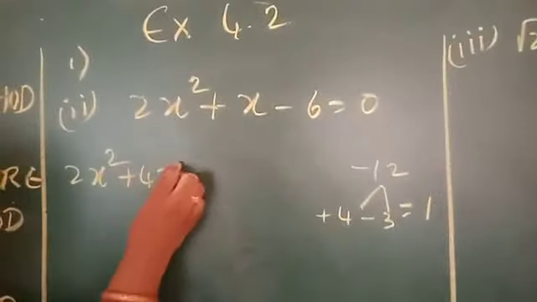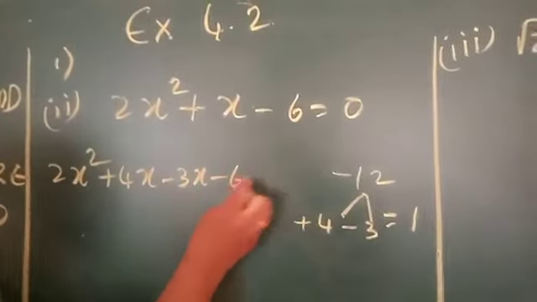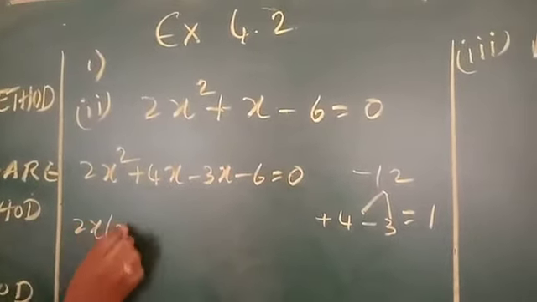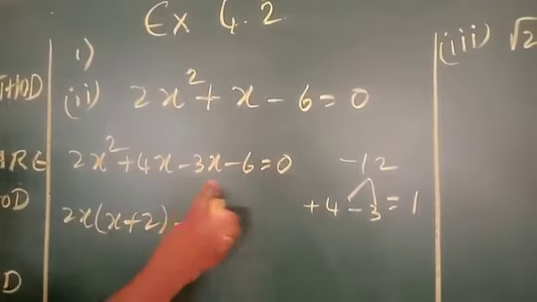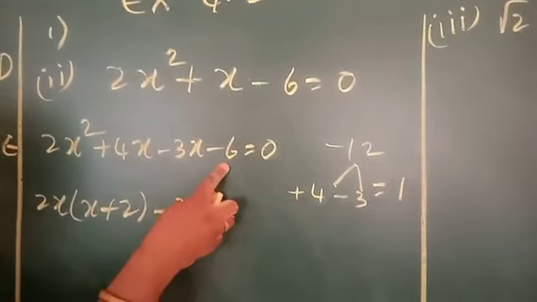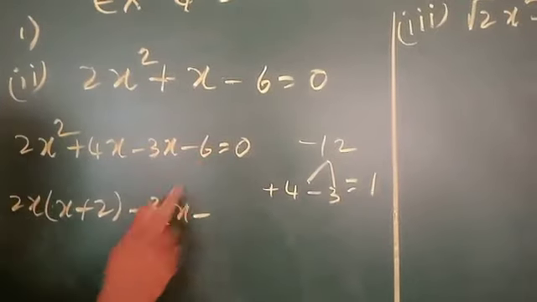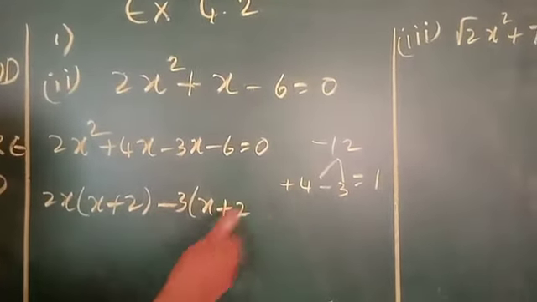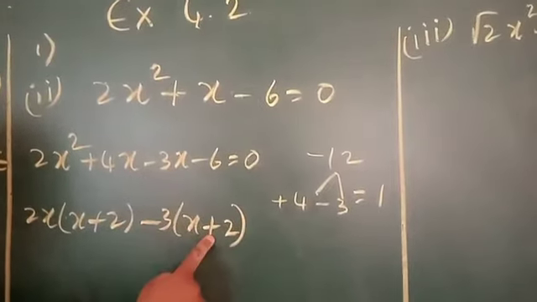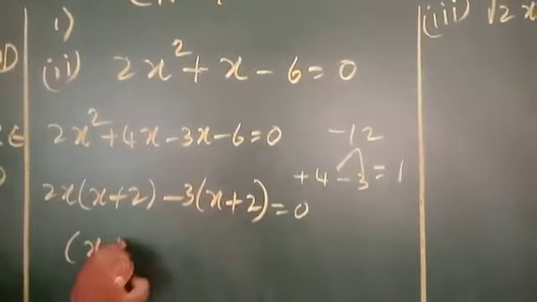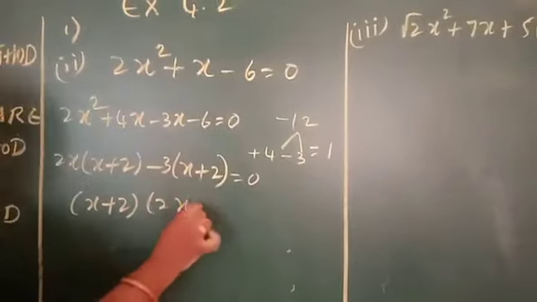So plus 4x minus 3x minus 6 is equal to 0. So what is the common in this? 2x is the common. Then x plus 2. What is the common in this? 3 is the common. Then if I take minus 3, 3 how many times 6? 6 how many times 3 table? 2 times. Then plus 2, because I have taken minus, so you should remember when you are taking minus outside, this will become additive inverse, plus. So now x plus 2 is the common. Take out 2x minus 3.